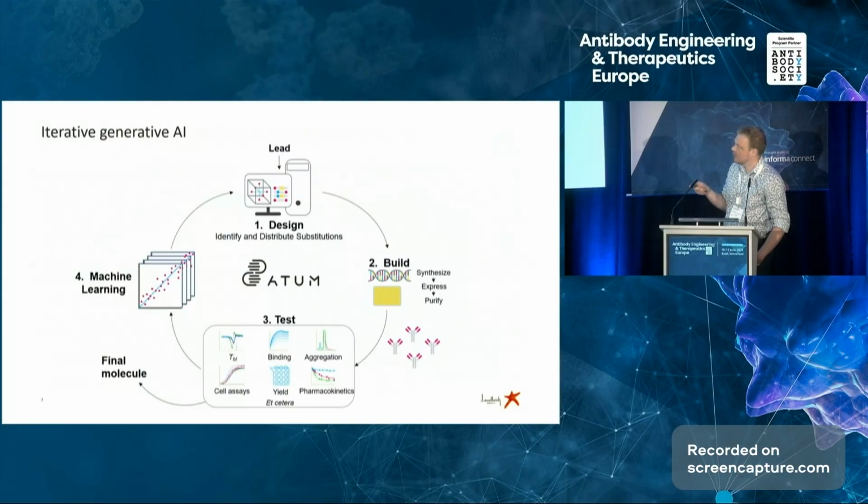We would then go ahead and express these molecules and purify them, and we would take them through a panel of different tests. In our case, of course, we will test polyreactivity and we will test affinity, but also other critical quality parameters such as melting temperature and titer and so on to monitor all the different functional dimensions that we really want to keep track of in this